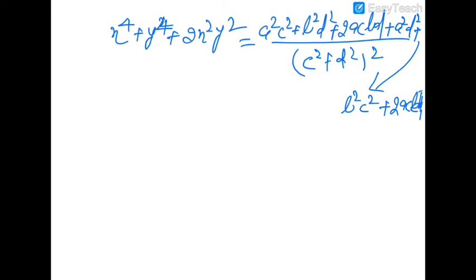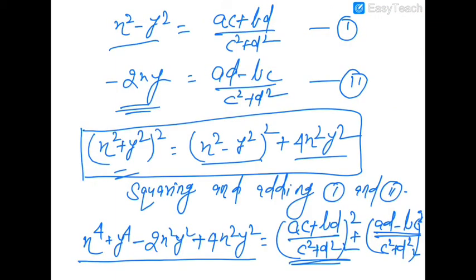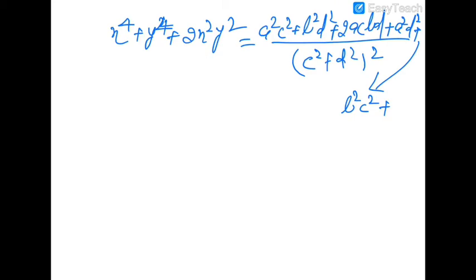I want to make it more clear. Whole square of this AD minus BC will be A²D² + B²C² - 2ABCD. Directly we can write ABCD because all four are coming. So it is minus, it won't be plus, it is minus only, minus 2ABCD. Fine, and the whole is divided by this.